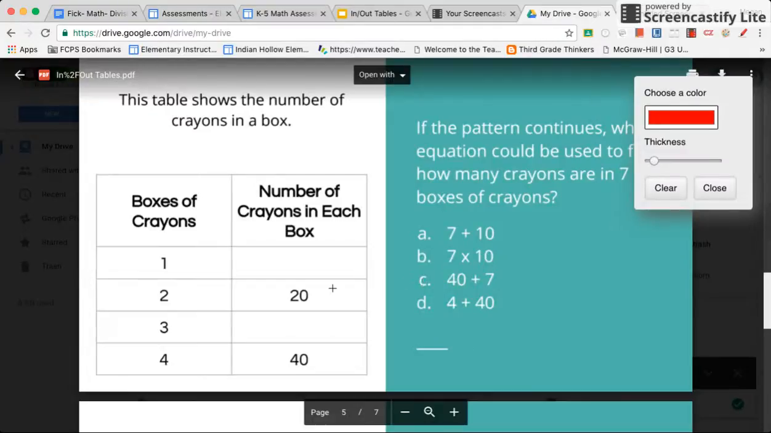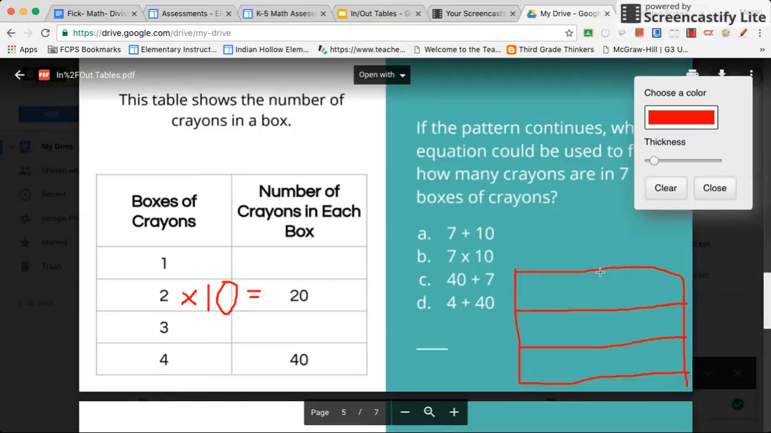So before our last recording stopped, we had established that we were multiplying by 10 as a rule for this table to get from one column to the next. And we had just recreated the table off to the side of our paper since we had run out of room on the other side. And we were still putting the boxes of crayons on the left side over here